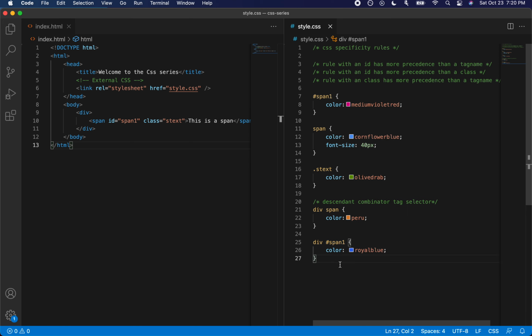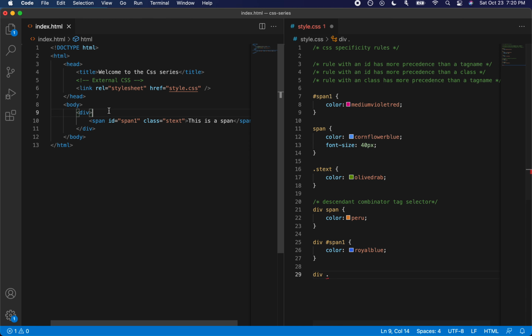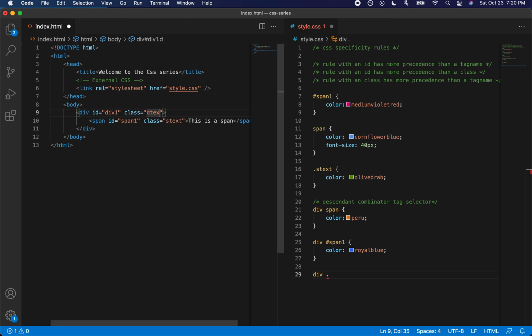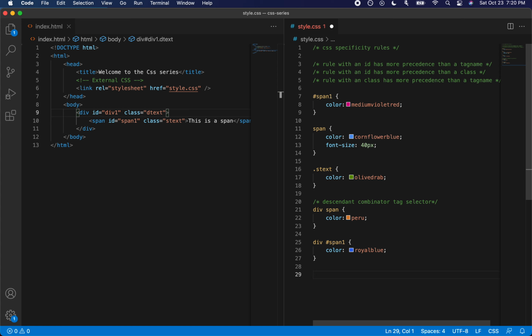Yeah, and then a few more things that we could try is to have a div and give this an ID of div1, and then give this div a class of dtext, and just play around with the selectors, right?